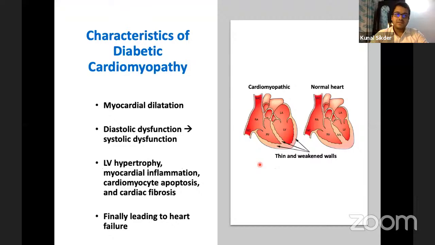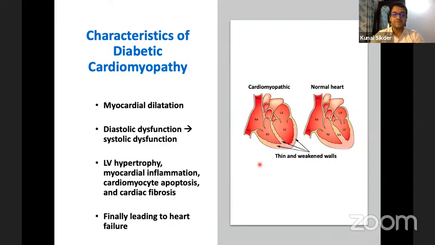Now, characteristics of diabetic cardiomyopathy. So now we are looking specifically into the diabetic cardiomyopathy. So this is still DCM. So this is still dilated cardiomyopathy, but now we are focusing on one particular etiology, that is diabetes. So the characteristics of diabetic cardiomyopathy are myocardial dilation, just like any other dilated cardiomyopathy, diastolic dysfunction and systolic dysfunction both. And sometimes LV hypertrophy happens, myocardial inflammation, cardiomyocyte apoptosis, and cardiac fibrosis is a very common feature